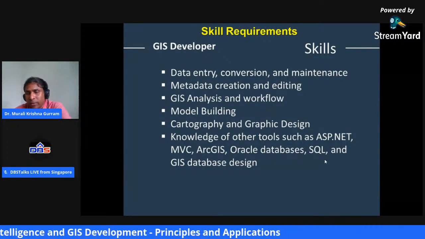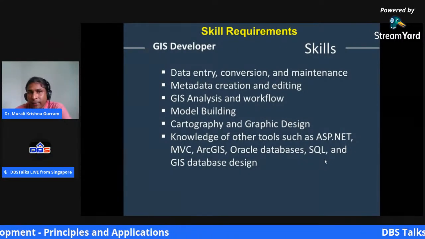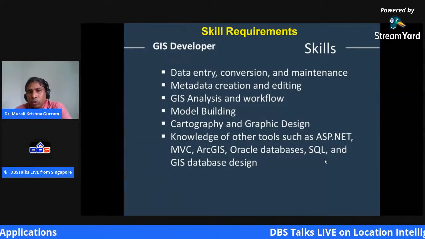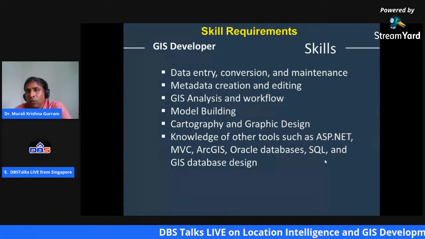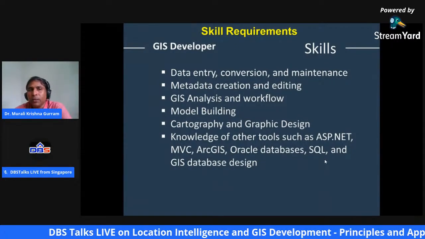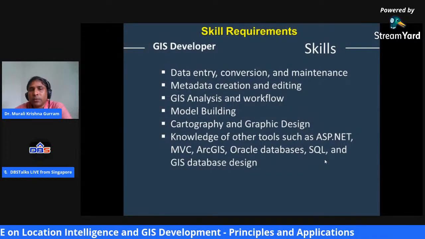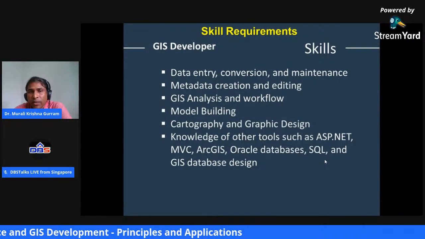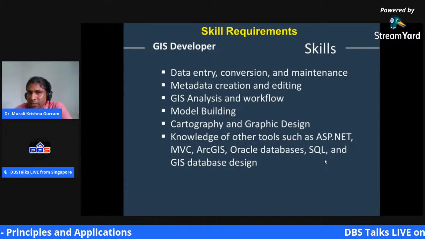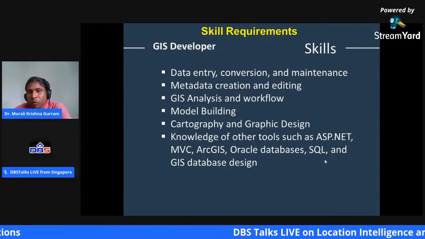That is what we call model building. Those information contents are added together to come out with some kind of information, or you put a query on this. So you need to have a basic understanding of this model building process.